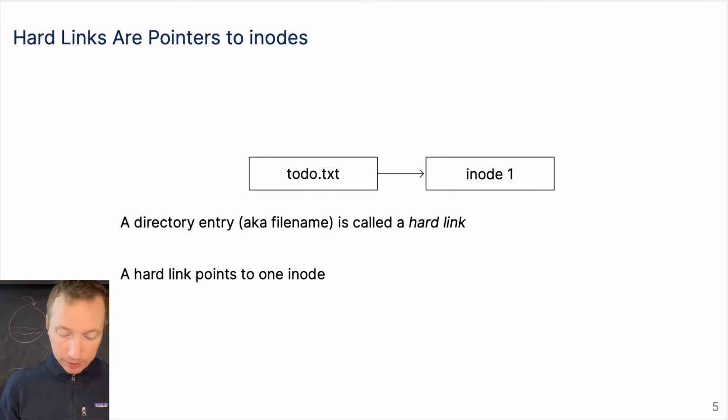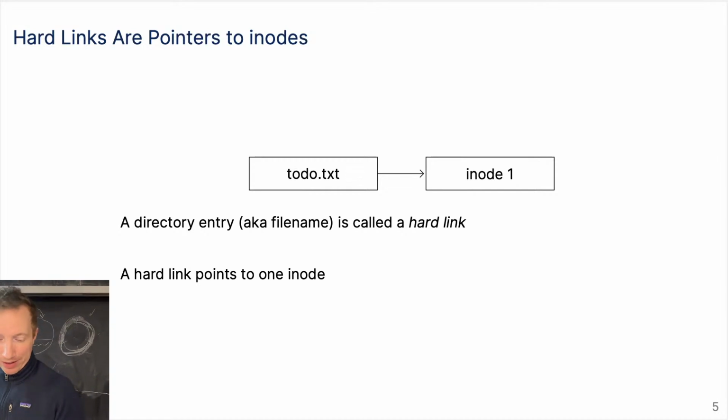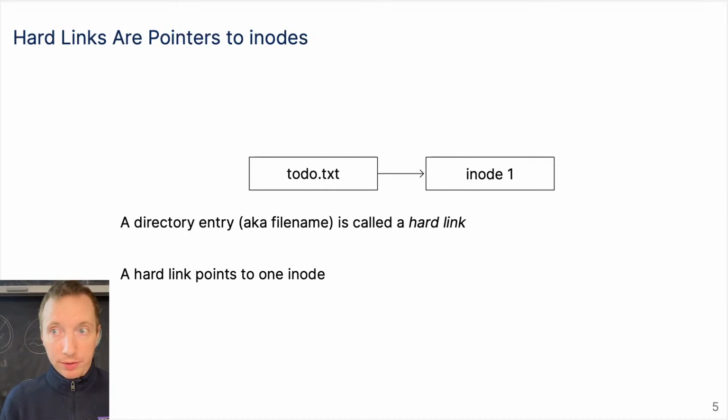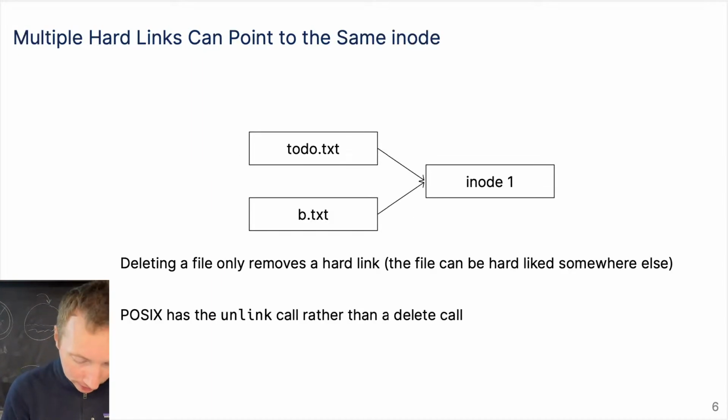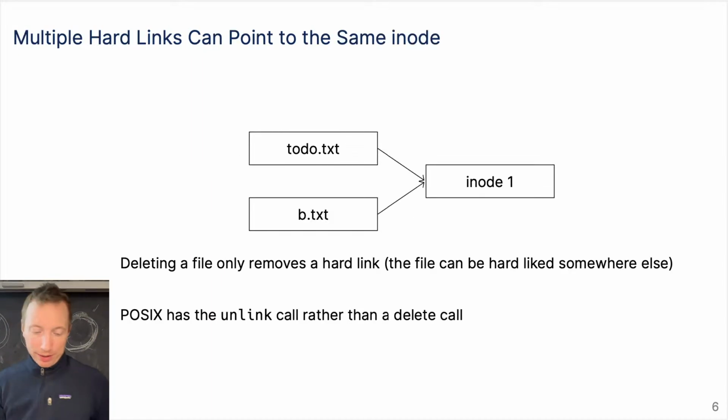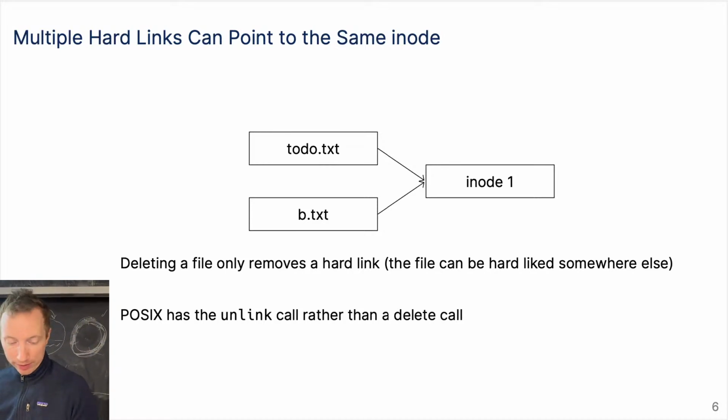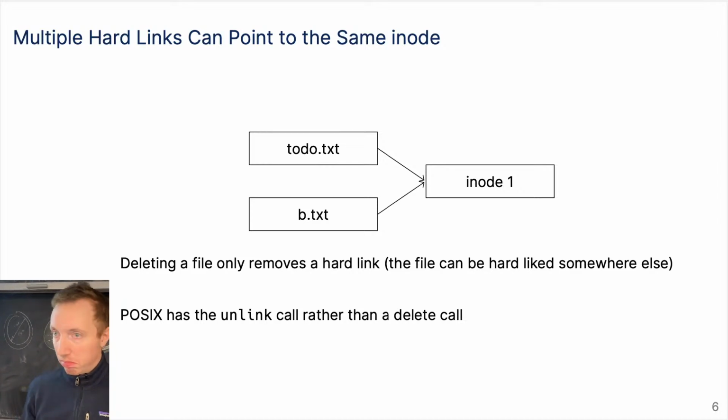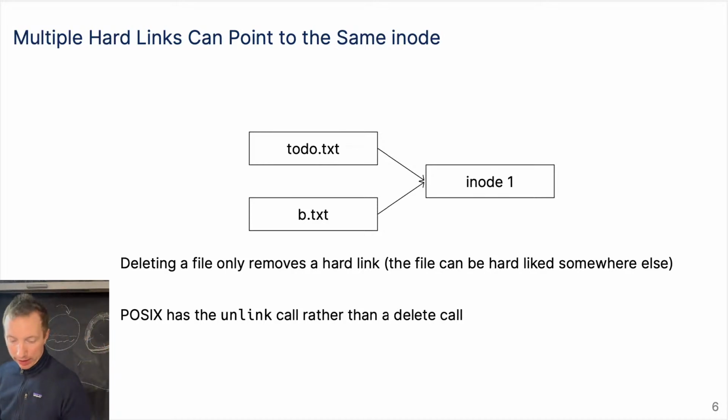So a hard link points to one inode, and typically this is the case if you have a file that you just create: it points to one inode and nothing else points to that inode. But what you can do is create something called a hard link. Multiple hard links can point to the same inode. So to-do.txt and b.txt can point to the same inode. And when you remove that file, it only removes the hard link. That doesn't mean the content of the file is actually deleted, because something else could be pointing to that